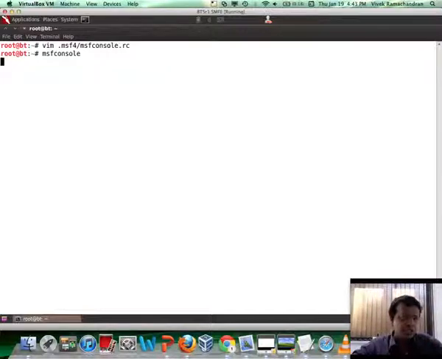As soon as MSF console loads, it will automatically execute the commands in msfconsole.rc, use the appropriate exploit module, set the R host, set the payloads, and exploit the system, and just give us a Meterpreter session all ready and shiny enough to use.